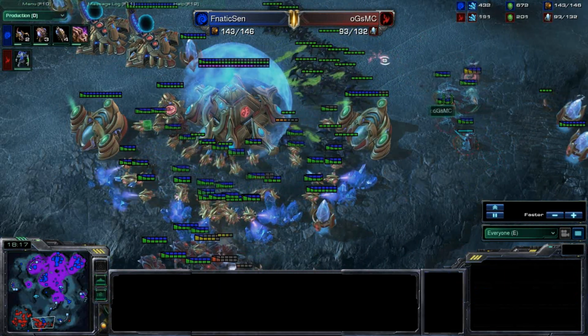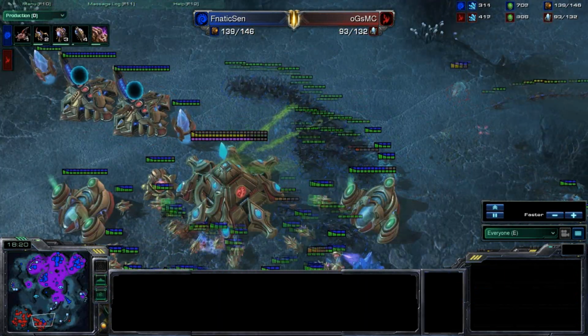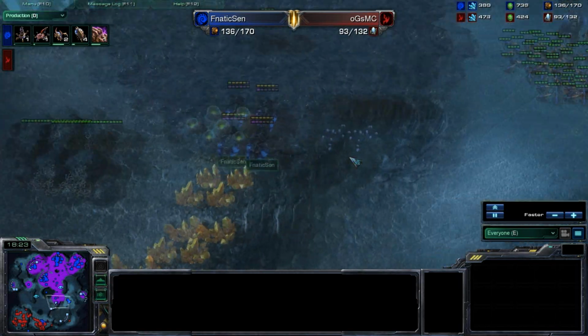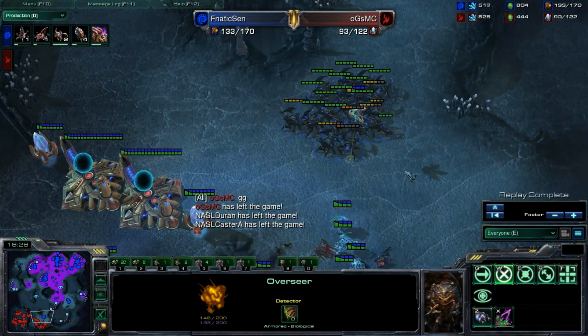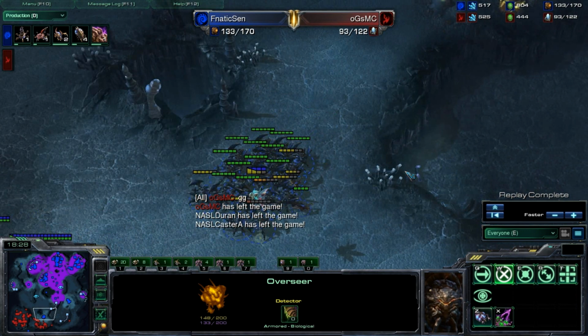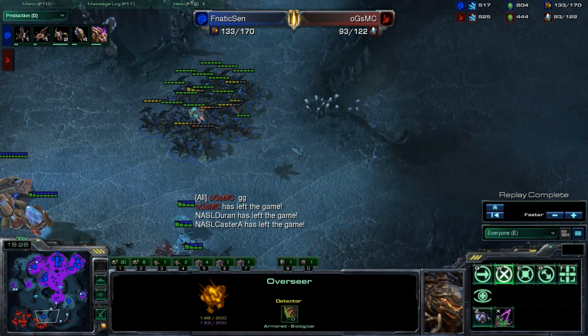There's now a bunch of Dark Templar being warped in, which should actually clean this up pretty well, since Sen did not bring any observation with him. He did leave it over here. MC, nevertheless, still has to quit out, so Sen takes a 2-1 lead in this series,